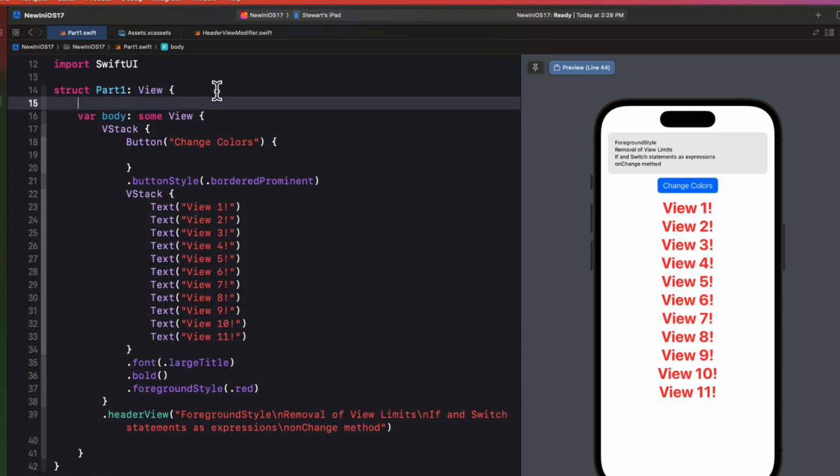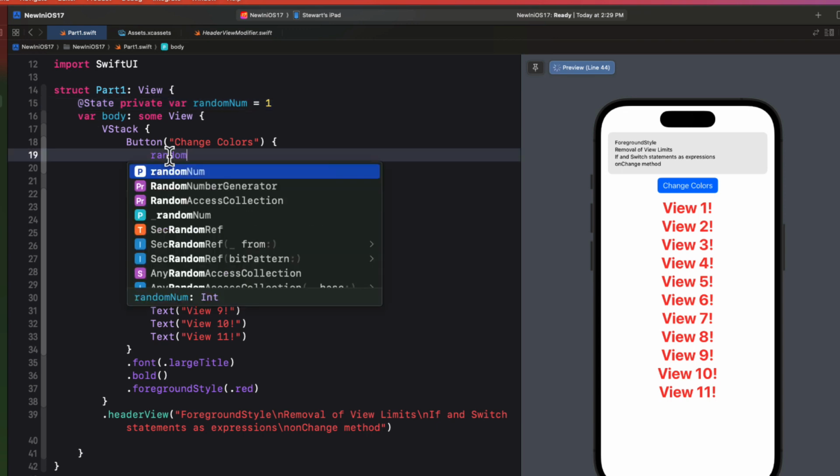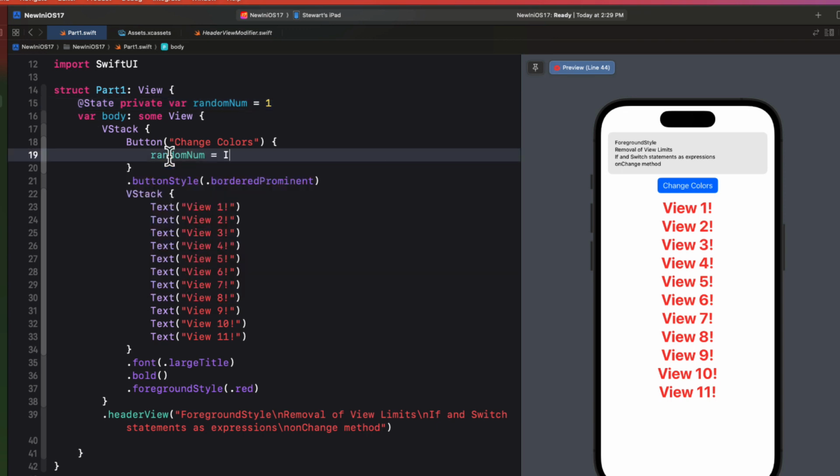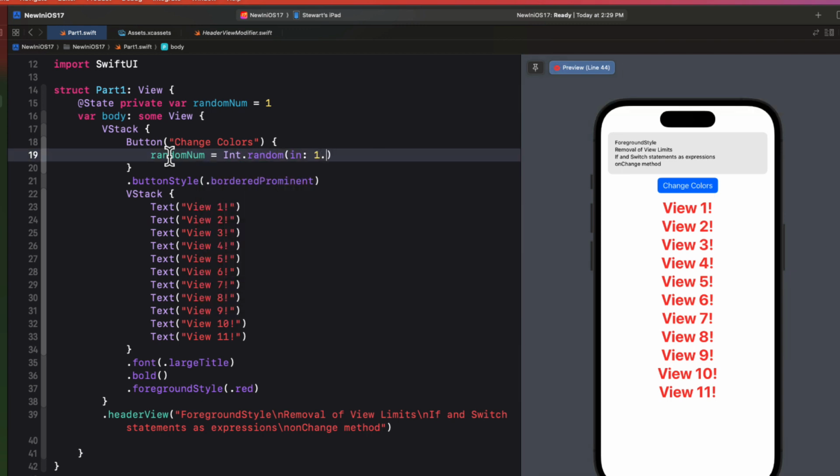Also new this year is the ability to use statements as expressions. For example, let me create a state property called randomNum that'll be an integer initialized as 1. Then for the action of our button, I want to randomly be able to switch between 1 and 2 so that I can update that property, randomNum, when I click on the button. So I'm just going to set randomNum using Int.random in the range of 1 through 2